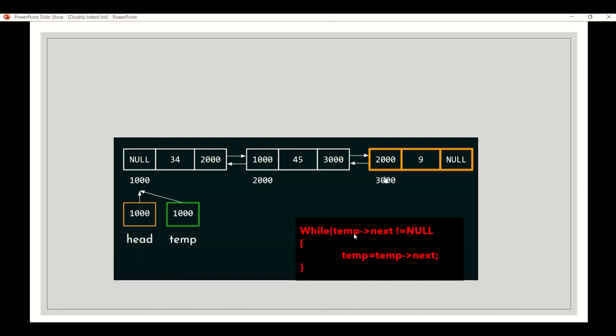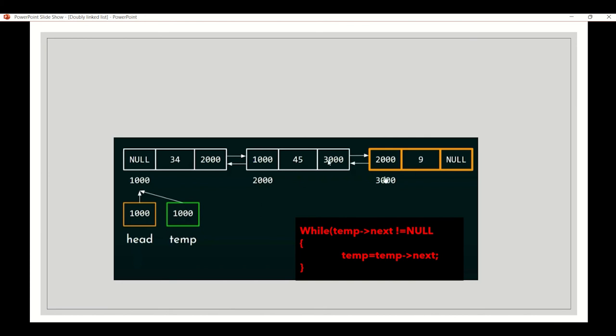So temp moves to the last node while temp of next is not null. If temp of next is not null, the temp value moves to next. Since it is not null, the temp value comes here, to the second node.